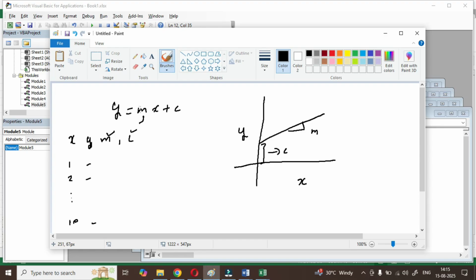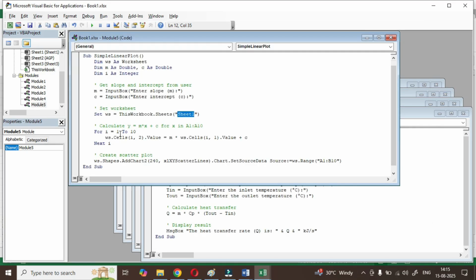Again, I'm writing the mathematical function for that. The x values are given as A1 to A10. I'll talk about that while explaining this code. Now again, which we discussed in Exercise 2, the For loop. For i = 1 to 10, and if you want to increase the step you can, but here no need. Step size is 1, and again I'm calling this variable ws.Cells(i,